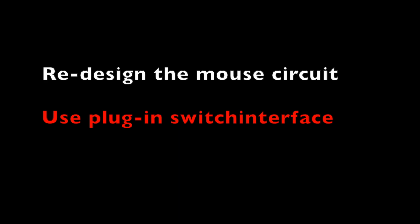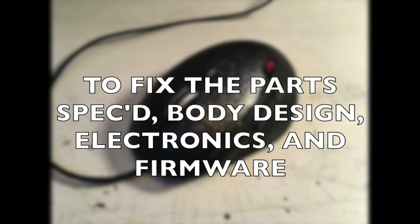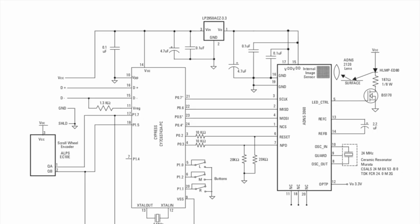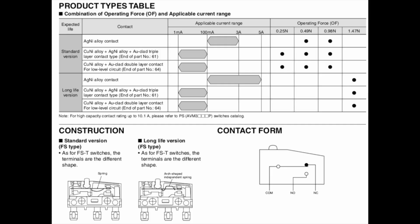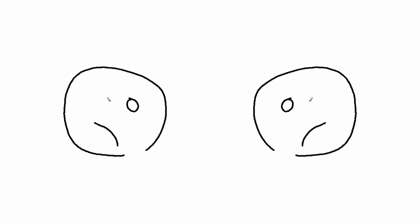Everybody wins. Funny how that works. But basically I'm saying fix the parts that are spec'd, fix the body design, fix the electronics, and fix the firmware. But basically what you're saying is redesign the entire mouse, which means not using the same boilerplate circuit and just adding bells and whistles and marketing stuff, speccing the proper switches, and then making the appropriate changes in your firmware. And if you're unwilling to do a redesign like that and give the customers what they want, you have